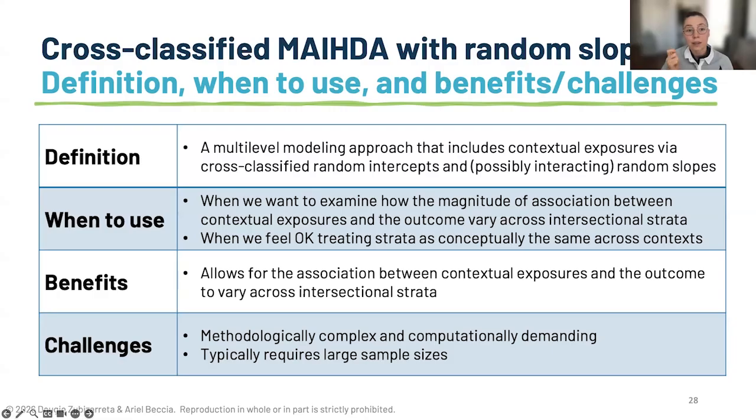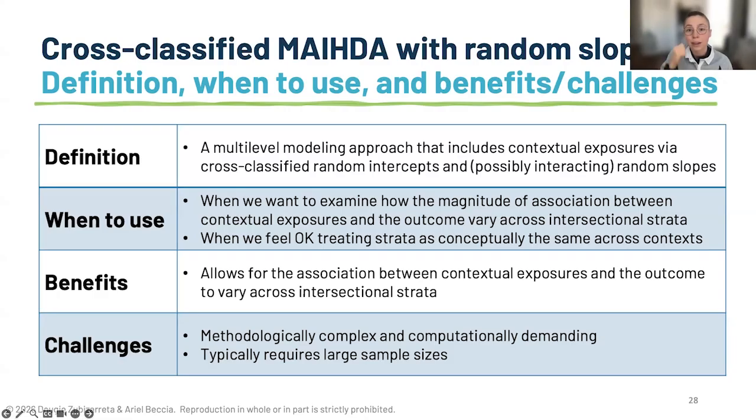So what that means is that we would feel comfortable generating an overall outcome prevalence estimate for, for example, white cisgender women aggregated over all states, as opposed to generating state-specific estimates for every single state. But what we're saying when we do that is that the experience of being a white cisgender woman is similar in Massachusetts as it is in Ohio. And so that's just something that we are conceptually doing.